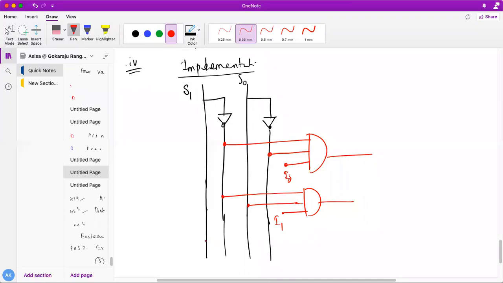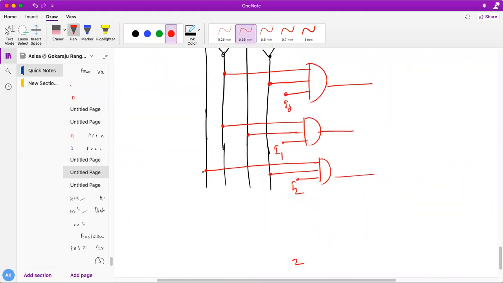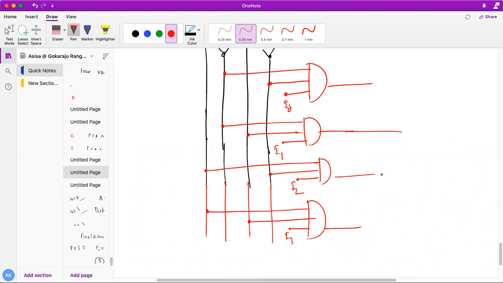Next S1, S0 bar, I2. At the end, S1, S0, I3. This is also an AND gate, and all of them will go to my OR gate. AND gate followed by OR gate. So this is my OR gate. This is my implementation.